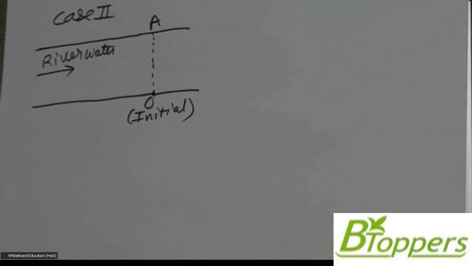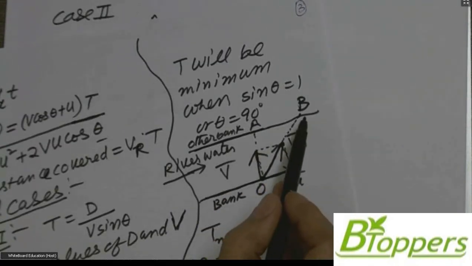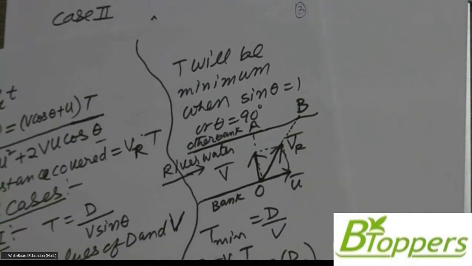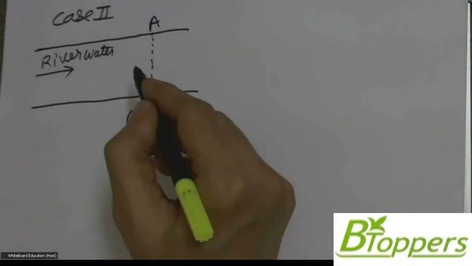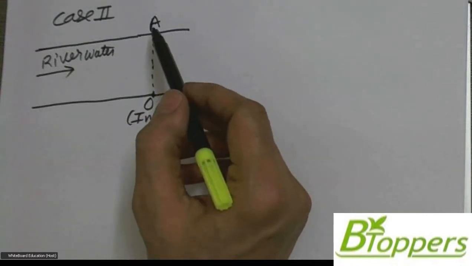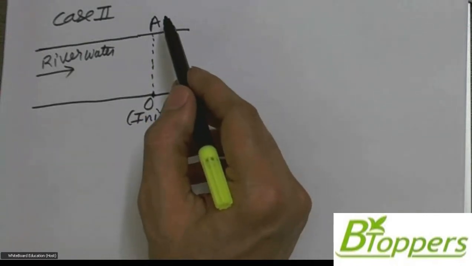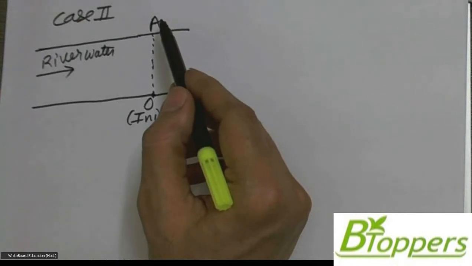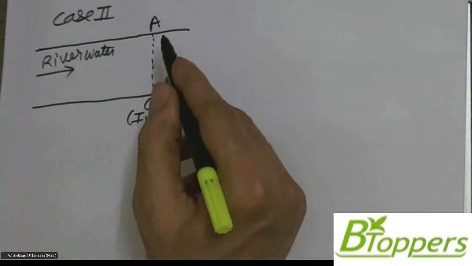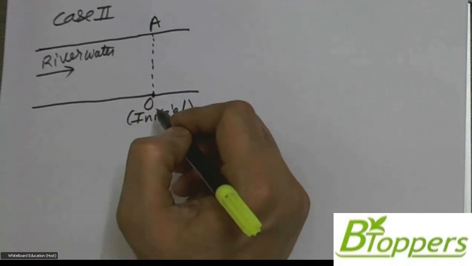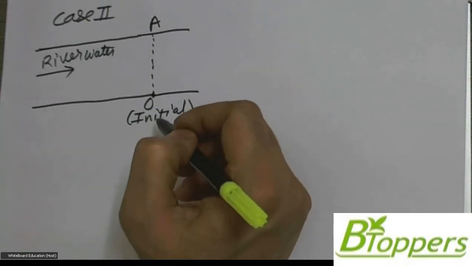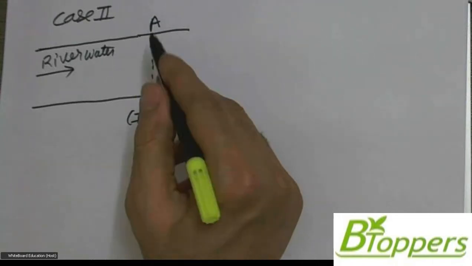It reaches the point B at some distance below the opposite point A. Suppose the boat or swimmer wants to reach the exact opposite point A on the other bank, then the boat or swimmer must move along the minimum distance path. That is, the boat or swimmer must travel along the line OA.